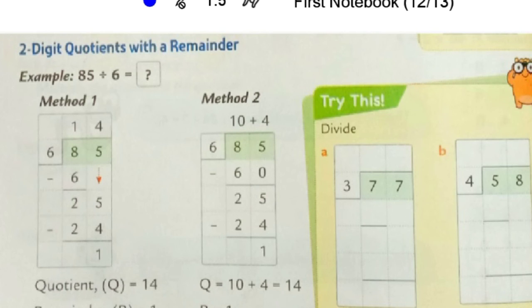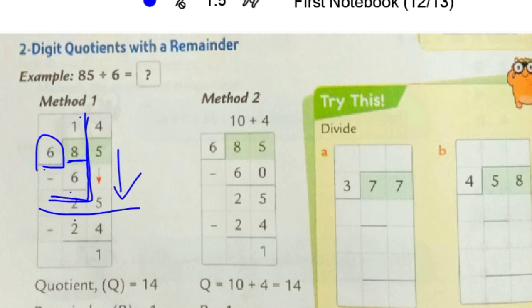As you can see in the first example, 85 divided by 6. As I told you, when the first digit is bigger than the divisor, we need to divide using a single digit. So here we will divide 1 time. 6 ones are 6 and 2 will be left. Then this is the first rule, that as we divide the first digit, the second digit automatically comes down. And here we will have 25, 2 from this and 5 from above.